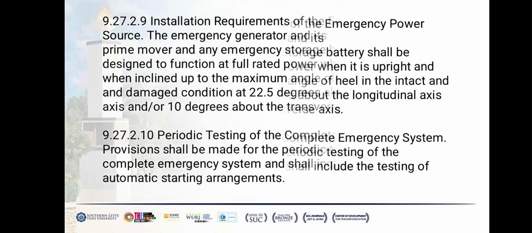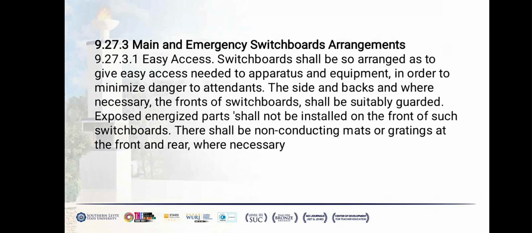Installation requirements of the emergency power source. The emergency generator and its prime mover and emergency storage battery shall be designed to function at full rated power when it is upright and when inclined to a maximum angle of heel in the intact and damaged condition at 22.5 degrees out of the longitudinal axis and or 10 degrees about the transitional axis. Main and emergency